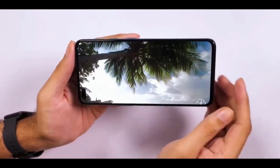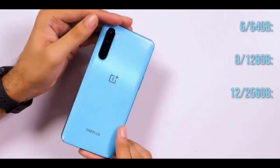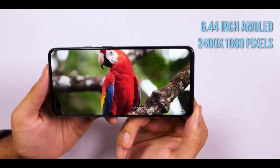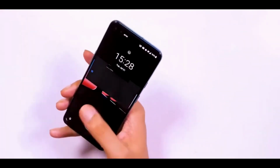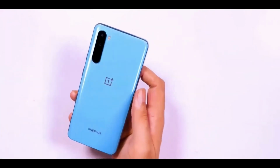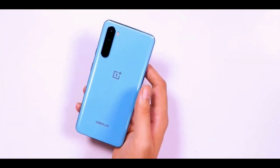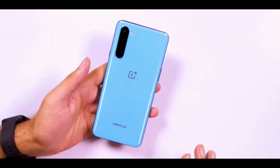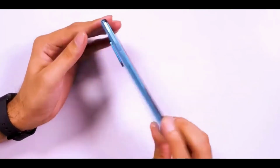As far as other core specs like RAM and storage are concerned, the NORD would be available in 3 variants. 6/64, 8/128, and 12/256GB. The base model with 6GB RAM and 64GB storage, UFS 2.1, is a special India-only variant in fact. A 4100 mAh battery powers the phone, and in true OnePlus style, supports 30W fast charging, with the Warp Charge 30T charger in the box that promises to juice up the battery to up to 70% levels within half an hour. With a starting price of $350, the OnePlus NORD does come across as an extremely attractive option,